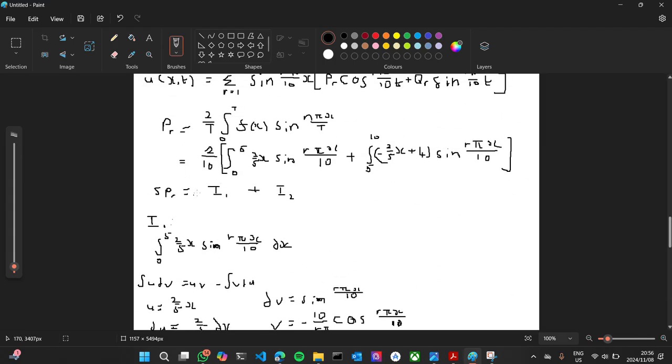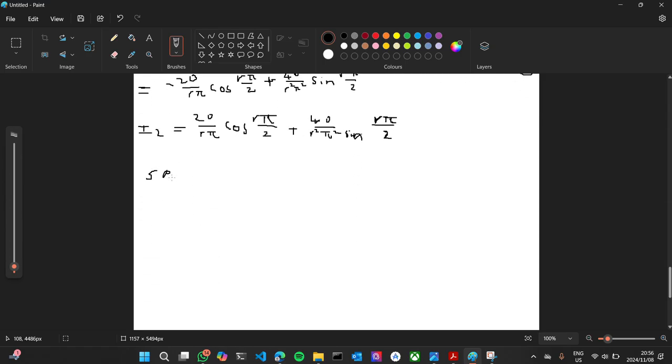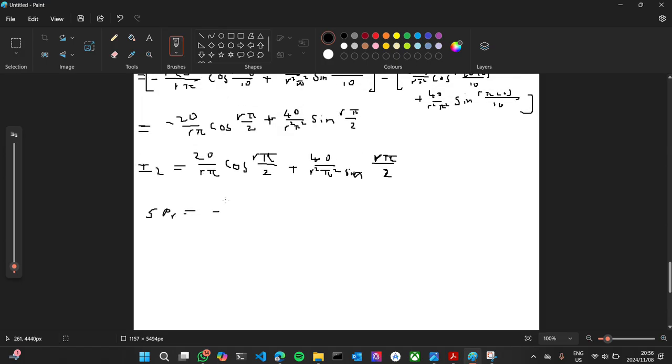Now we're going to substitute all of that into here. So it's 5pr is equal to minus 20 over r pi cosine r pi over 2 plus 20 over r pi cosine r pi over 2, then plus 40 over r squared pi squared sine r pi over 2 plus another 40 over r squared pi squared sine r pi over 2. Okay, and that'll just simplify to